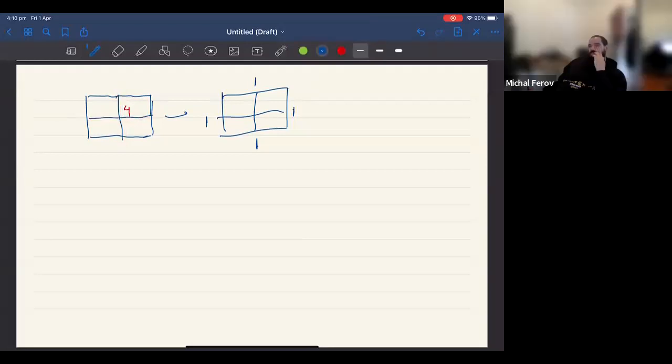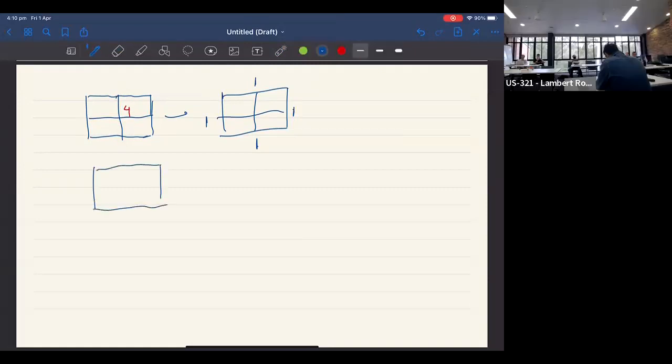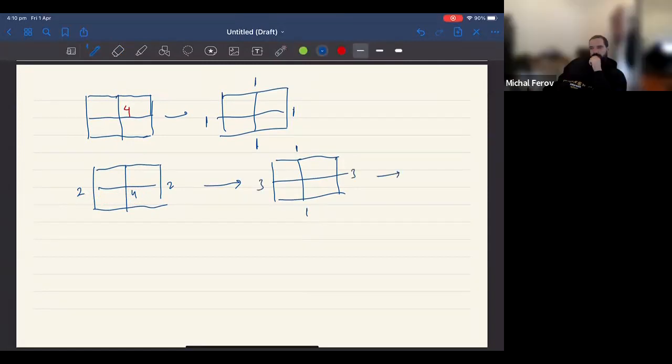Okay, let me give you one more example and you'll see it becomes a bit more complicated. So imagine I have 4 objects here, 2 and 2, and let's do the game again. So the usual thing is, 4 gives me 1 here, 1 goes here, 2 already sitting here, so I get 3 and 3. Good. But now